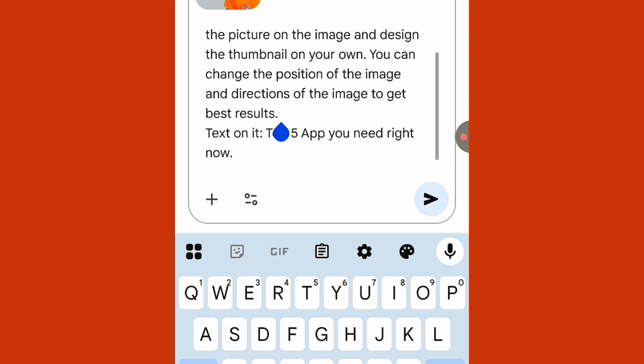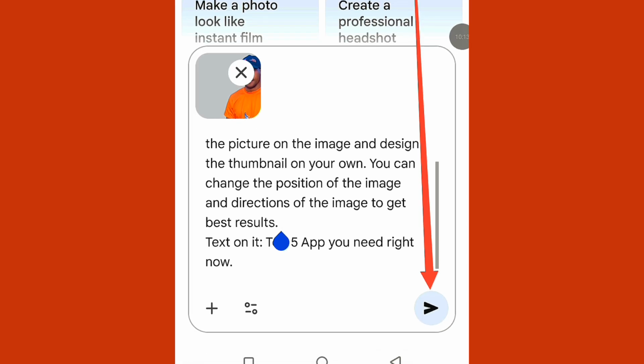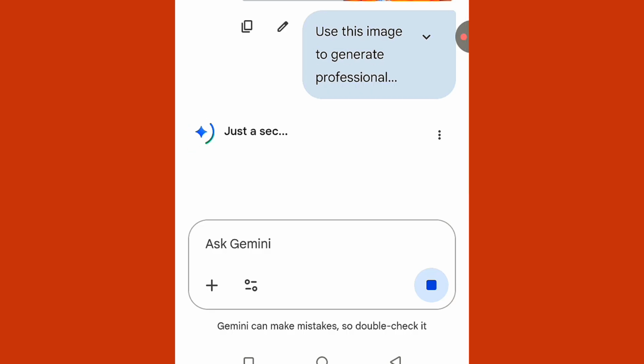I can just say okay. I will now press this place, just like I want to send a message. When I press this, it will tell me okay, just a second. You understand? It will tell me just a second, and just a second you'll be seeing,